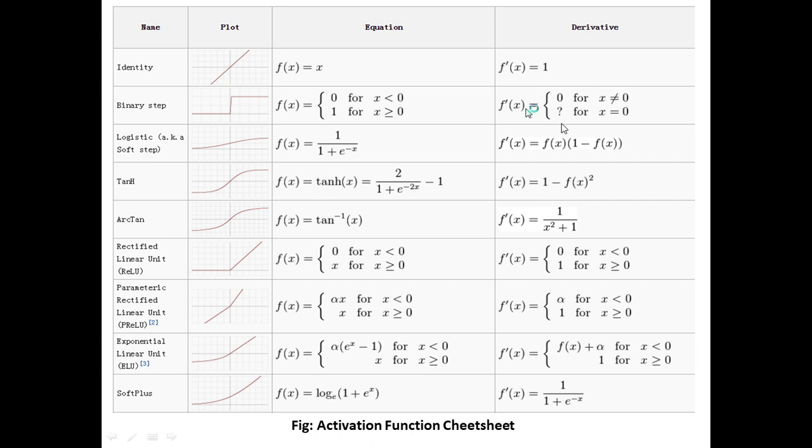In this series of lectures, we learned what an artificial neural network is, what an activation function is, and why the non-linearity of an activation function is very important. We also learned about the different types of activation functions: binary function, linear function, and non-linear function. In non-linear functions, we have seen different types of functions called the sigmoid function, tanh function, ReLU function, leaky ReLU function, softmax function, and so on.